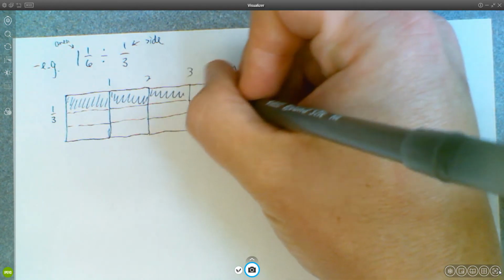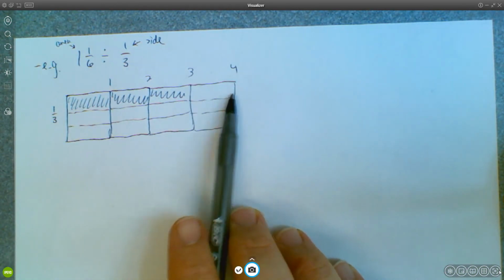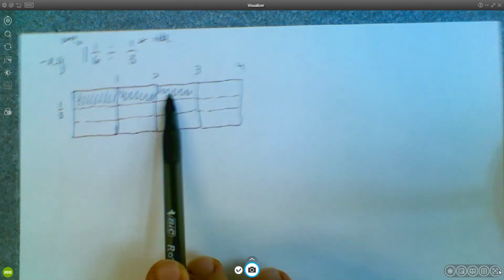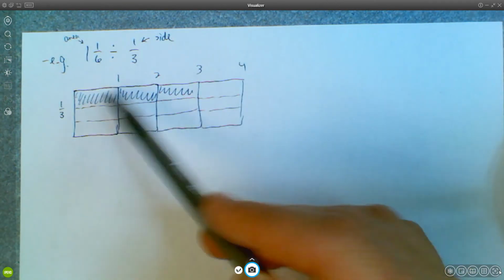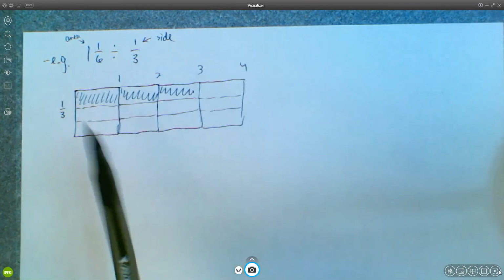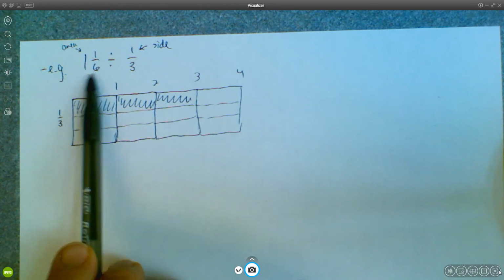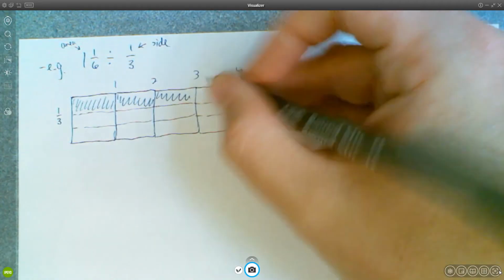And then if I make a 4th copy, and I take the whole thing, that's going to be too much, right? Because so far I've shaded in 1 full unit. If you rearrange these, you can see that these 3 things are going to fill up 1 unit. So I filled up 1 full unit, but I need to fill up 1 full unit plus 1/6 of a unit. So that means that this last unit over here,